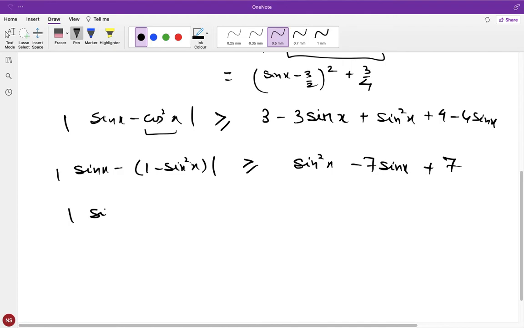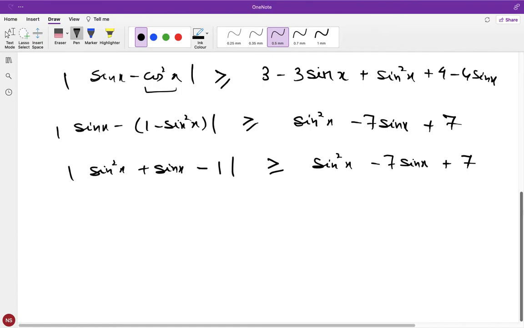This is what? Sin square x plus sin x minus 1 is greater than or equal to sin square x minus 7 sin x plus 7. Okay, now this is what the question has reduced to. Now you have to see whether this thing is greater than or equal to this. You can see that there is a 7 over here, and 7 is also here as well anyway. So